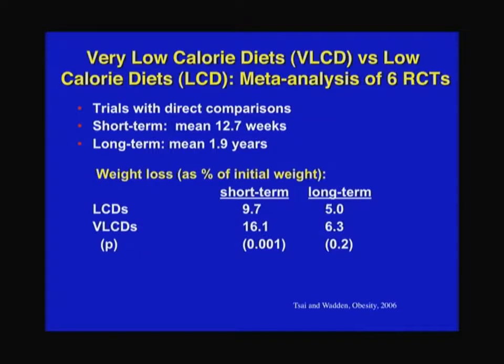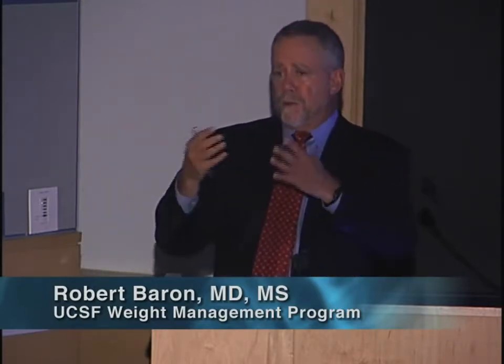And the way this is typically done is, if the goal is to use a very low-calorie diet, we start on a low-calorie diet. That is, we start people on 1,200 to 1,400 calories a day, and make sure they know how to do that. Then we put them on the very strict diet, the 800 or 1,000 calories, for 3 to 6 months, depending on how long they can stand it. Their weight goes down twice as fast, and then we transition them back to what's going to be their maintenance diet of a 1,200 to 1,400 calorie a day diet again.